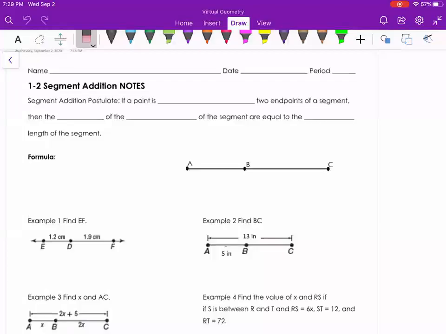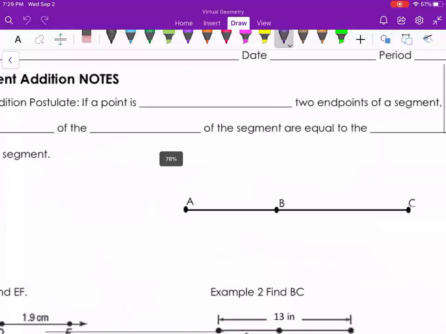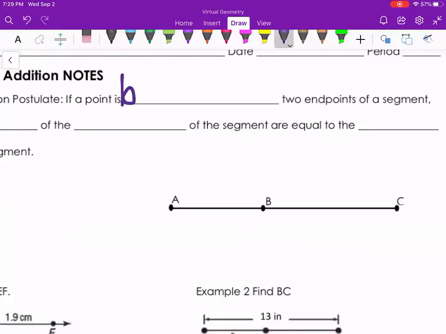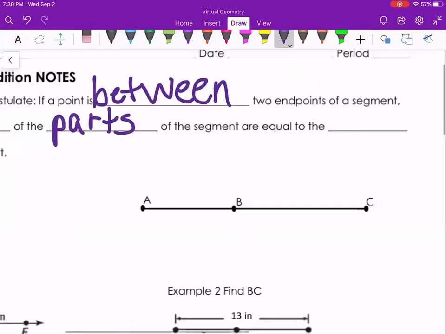All right, hi guys. We are looking at another way to find the length of our segments, which is called segment addition. So let's jump right in here. We are looking at the segment addition postulate, which specifically says if a point is between two endpoints of a segment, then the sum of those two parts of that segment are going to be equal to the whole entire